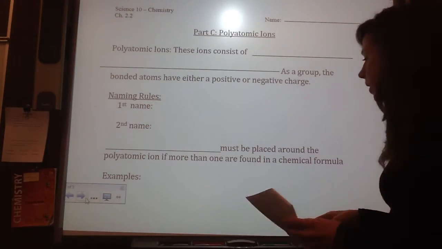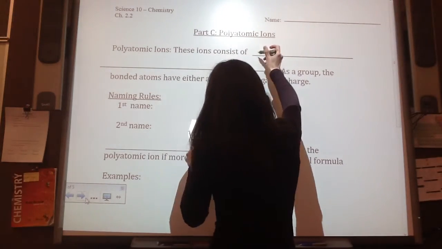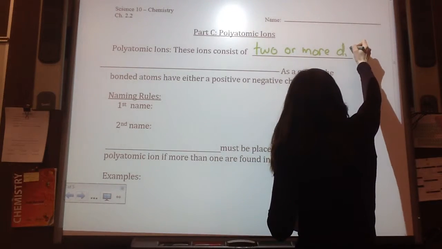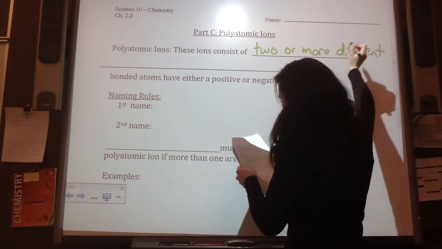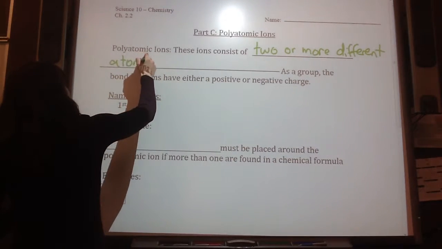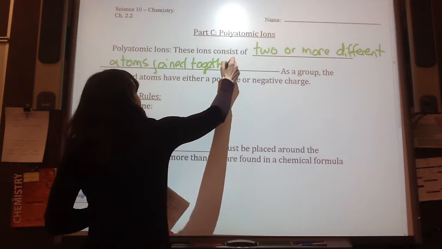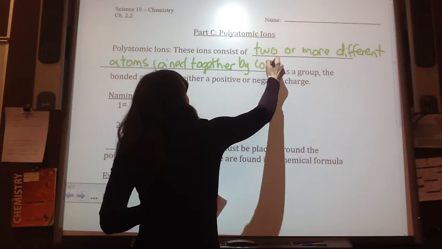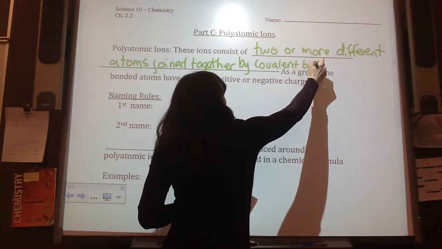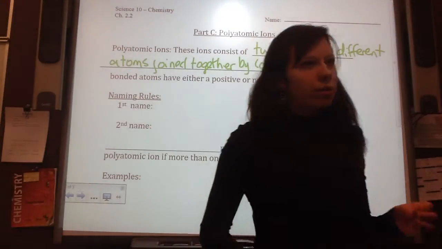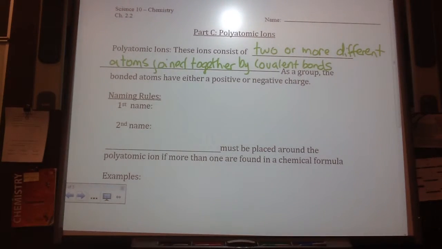So, what is a polyatomic ion? These are ions which consist of two or more different atoms joined together by covalent bonds. Sorry, I ran out of room. I don't know if you guys did. Now, I haven't taught you about covalent bonds yet. So you can just kind of put